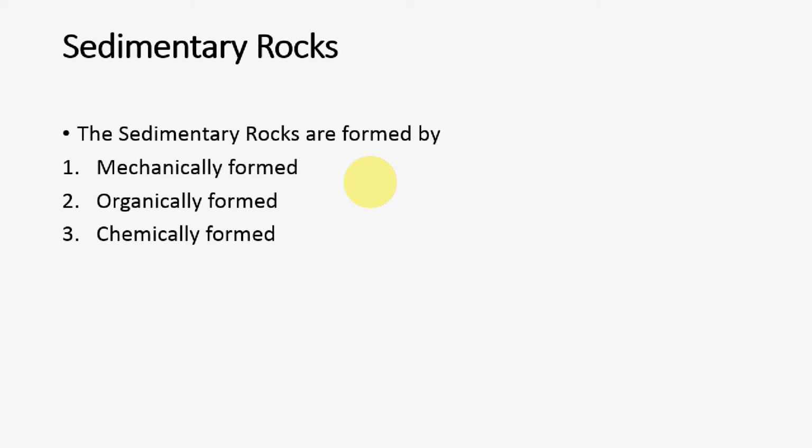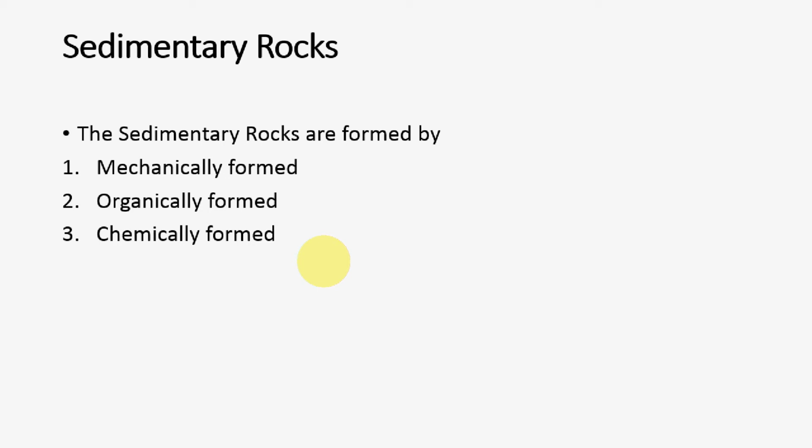So the most important thing: sedimentary rocks cover 75% of the Earth's crust, but volumetrically they occupy only 5%. The main property of sedimentary rocks is that they are layered, or stratified, with varying thickness. The best examples of sedimentary rocks are shale, sandstone, and so on. We have heard of many such examples.